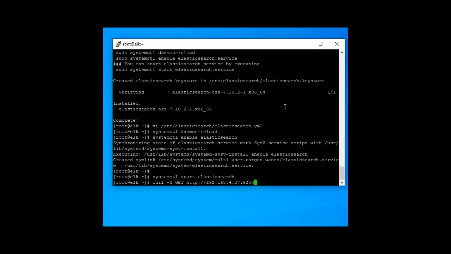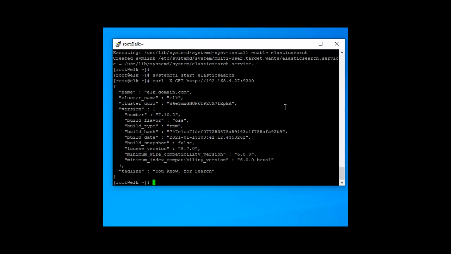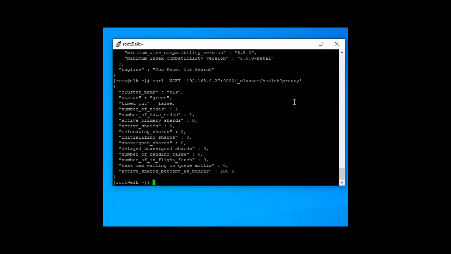Elasticsearch is running on port 9200, so it responded. Another command checks the cluster health by using curl. Good to go. The status is showing green.